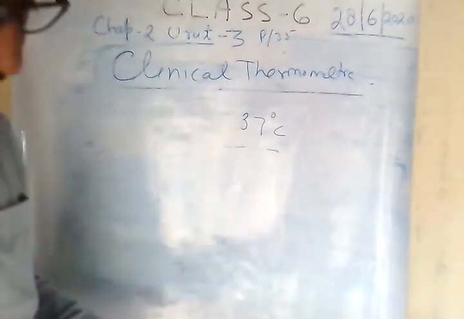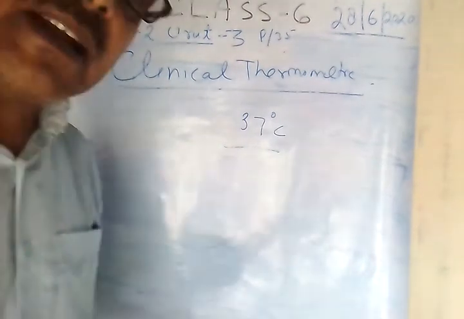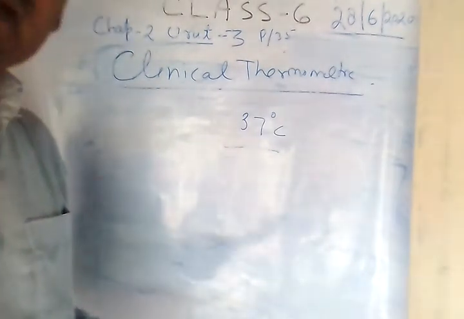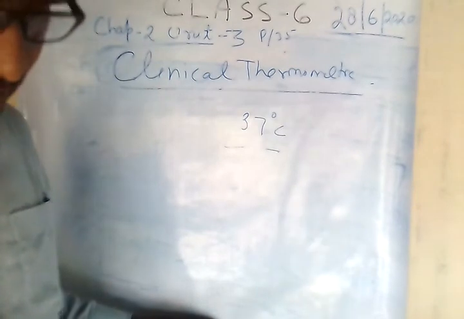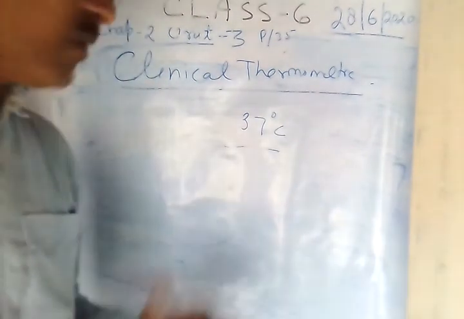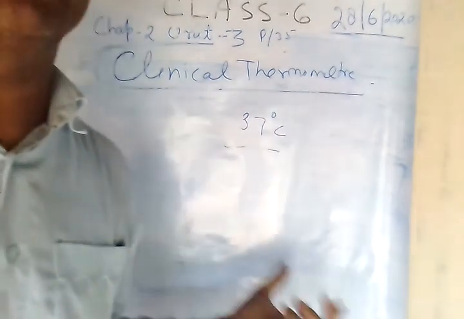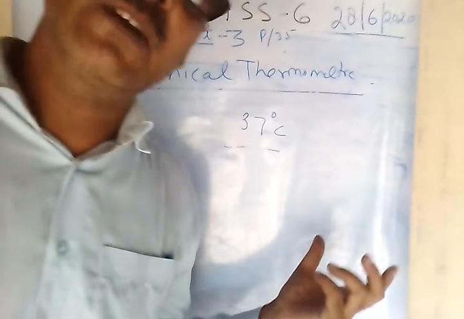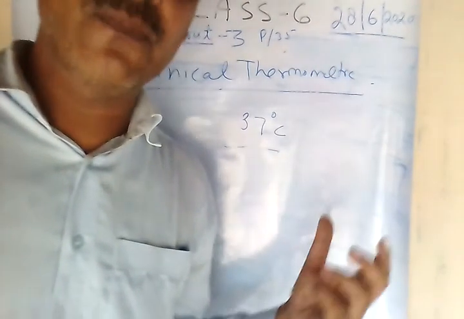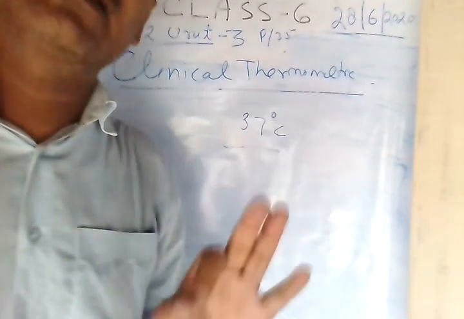And the clinical thermometer is given on page number 37. See page number 37, figure 2.22. It is the clinical thermometer. We will discuss the clinical thermometer in detail next. So read the book, please, and write the question answers and exercise everything in your physics copy.